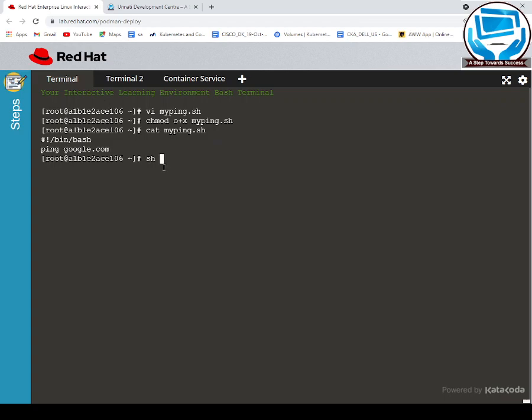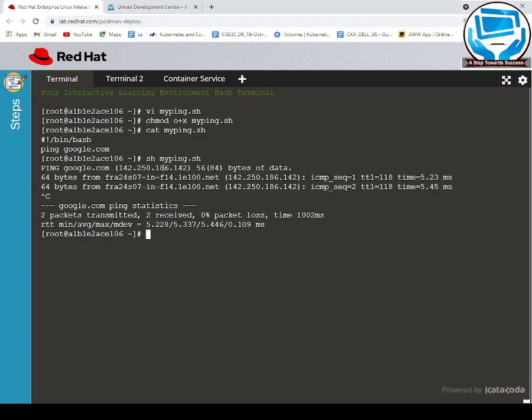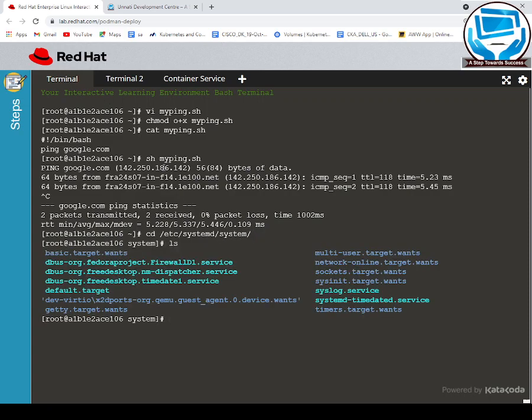So let's verify whether it is running or not. Yes, the script is running. Now what I want to do is, whenever I do a systemctl start with a specific service name, it should start pinging google.com, or it should call this myping.sh. There are various places where you can create a systemd unit, but in this example I am using this common location which has your units and the target files. So let me create myping.service here.